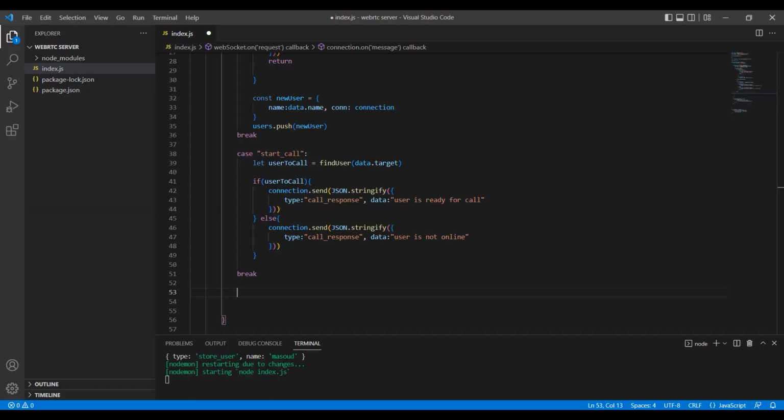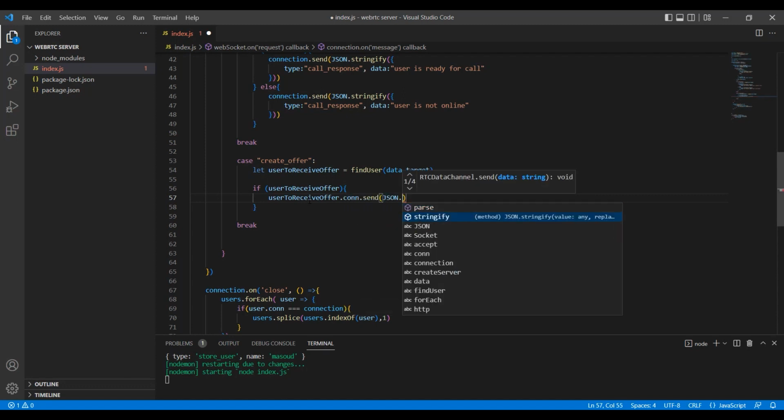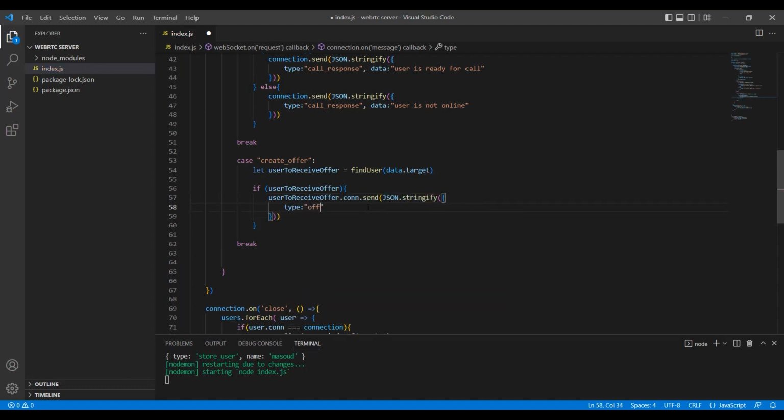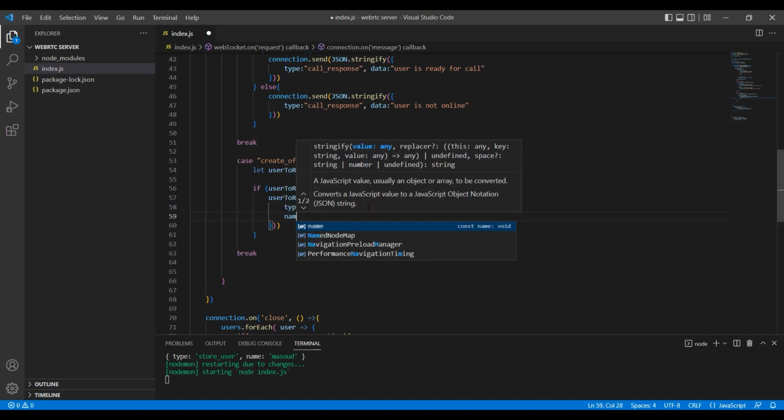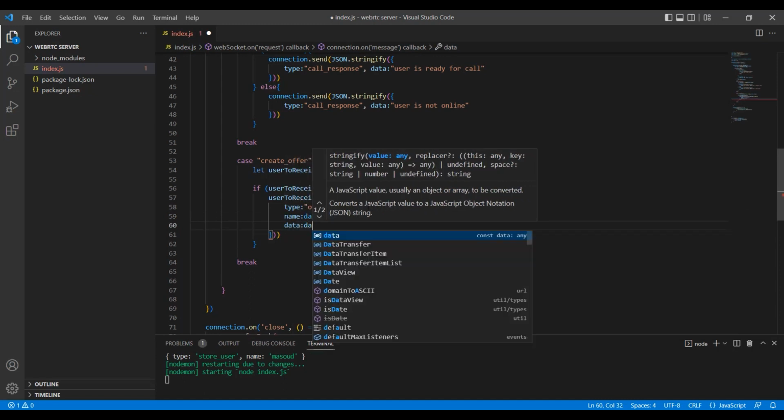"user is ready for the call". So the next case is going to be create offer. As always, first thing we need to find the target user, like user to receive offer is equal to find user data.target. So we'll check if the user already exists, then we want to continue. So we use the user to receive connection and send a JSON object. The type is going to be offer received, and the name is going to be data.name, and the data itself is going to be